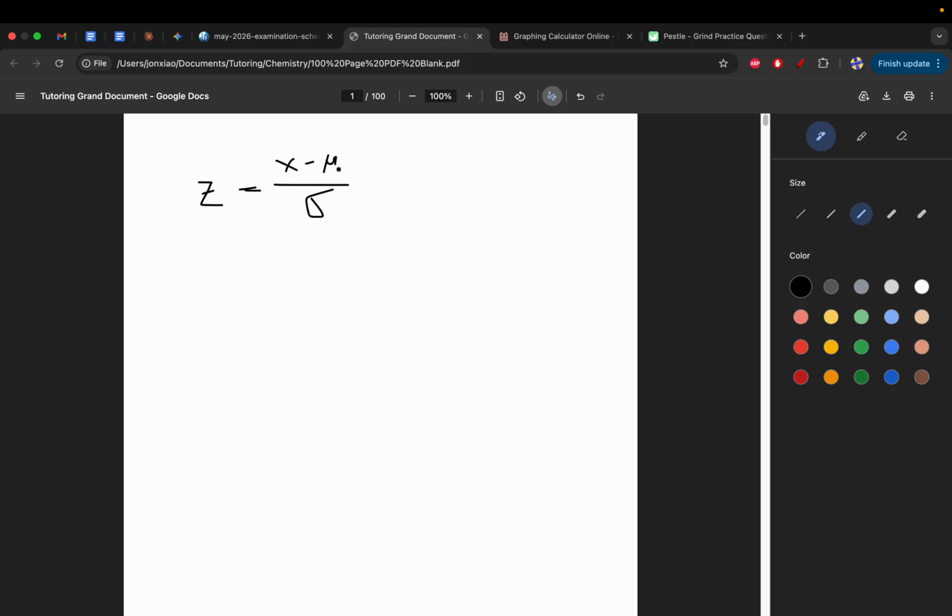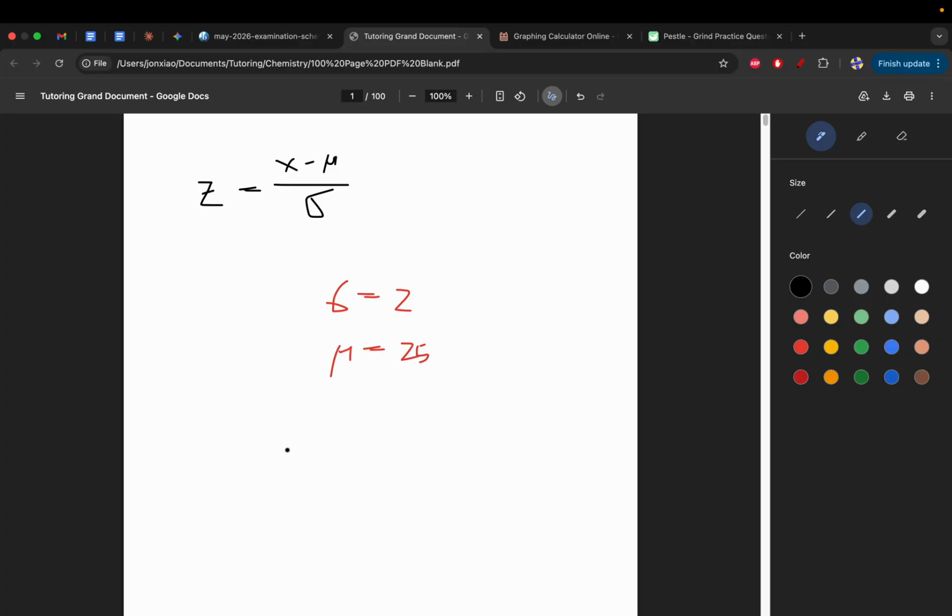You just basically have some sort of normal distribution, and you might not know sigma or mu for that particular normal distribution, which is what we're solving for. And you also have, or potentially have, some data point that's anywhere on the normal distribution. And what z is going to measure is how many standard deviations from the mean you are. So for example, if the standard deviation is 2 and the mean is, let's say, 25,